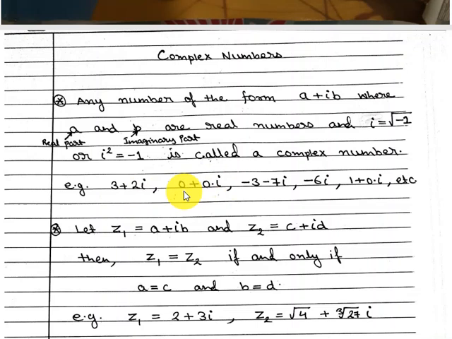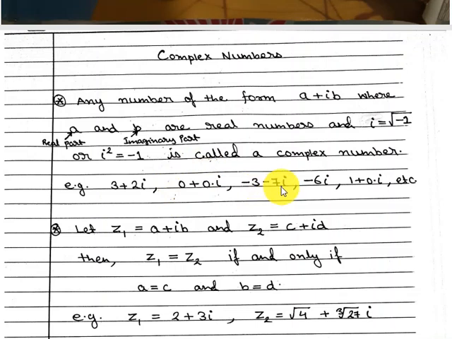So whatever numbers you have studied till now, those numbers are in fact complex numbers only. Like 1 is a natural number and I can write 1 plus 0 into i, so that means 1 is also a complex number. Like here 0 plus 0 into i is nothing but 0 only. So if you can write any number in this form, then that number becomes a complex number. So 0 is also a complex number.